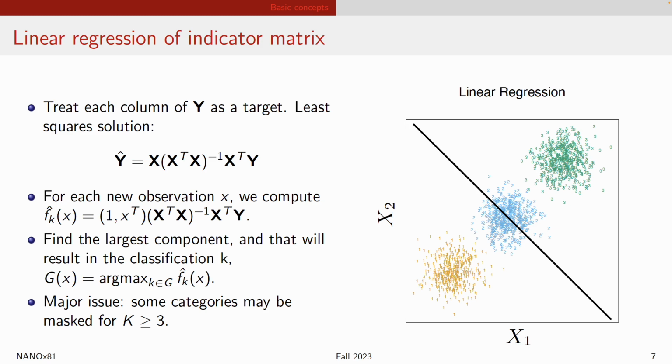Okay, you can see here that quite clearly there are 3 categories, right? There's one category here, one category here, and one category here. Now, the problem with this kind of simple linear regression approach to try to predict classes is that sometimes your classes can be masked. Okay, what this simply means is that even though there are 3 classes and you actually